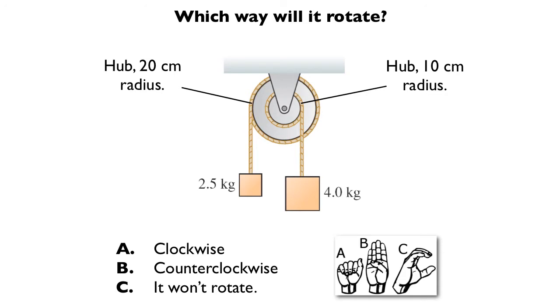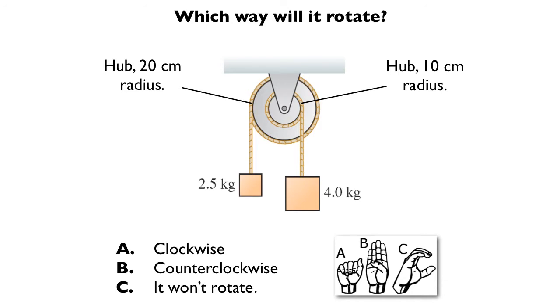I've got a pulley here, and the question asks which way will it rotate? Well, since it talks about rotation, this is clearly a torque problem, because remember, forces make things move, torques make things rotate. Now, there's a torque on this pulley produced by tension in two ropes, and one rope is suspending